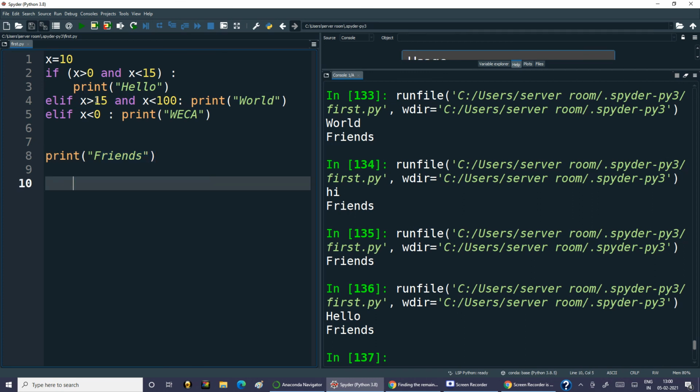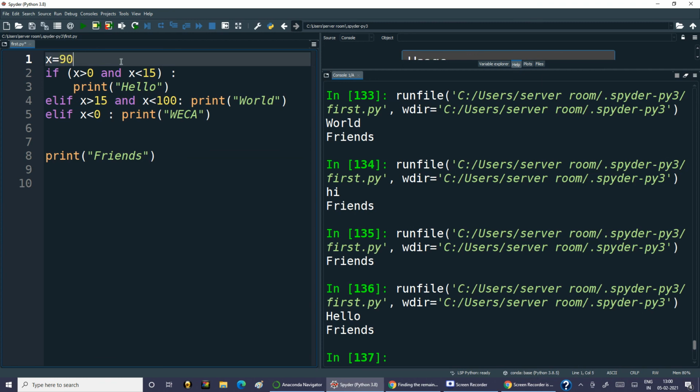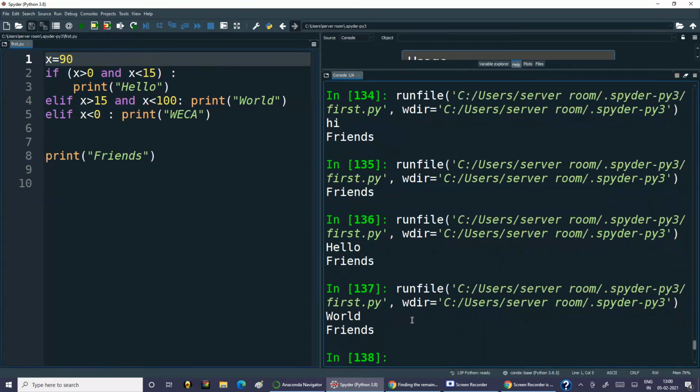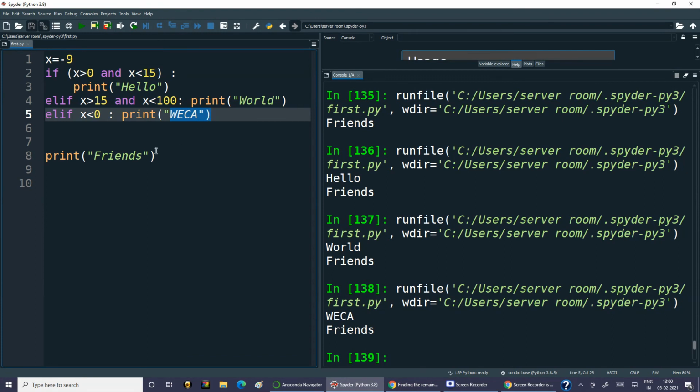If I give a value between 15 and 100, say 90, and run it, world friends. If I give a negative value, minus 9, and run it, then WECA and friends.